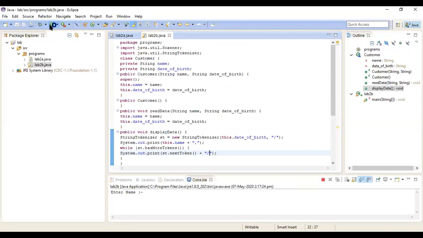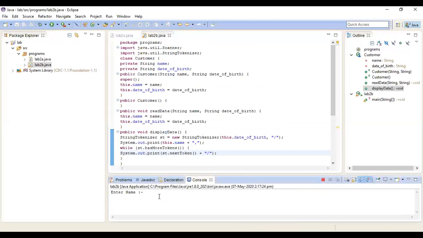Execute the program. Entering the name as ABC and date of birth 22/5/2000. Now I get it as 22/5/2000 with the delimiter as slash. So this is program 2b.